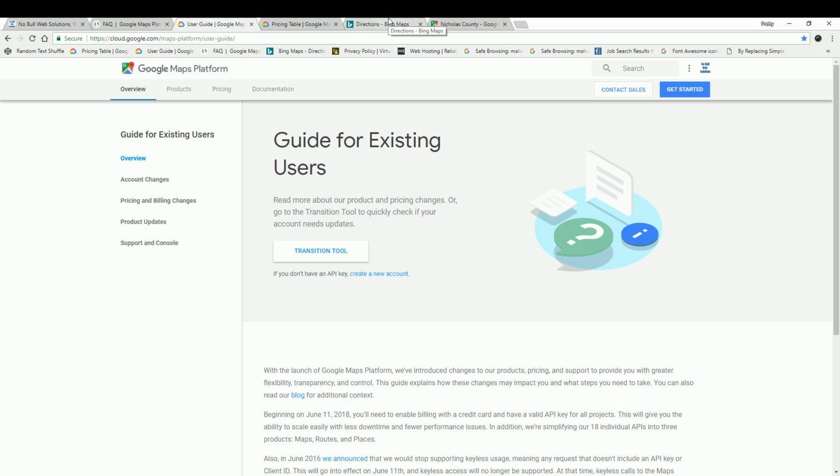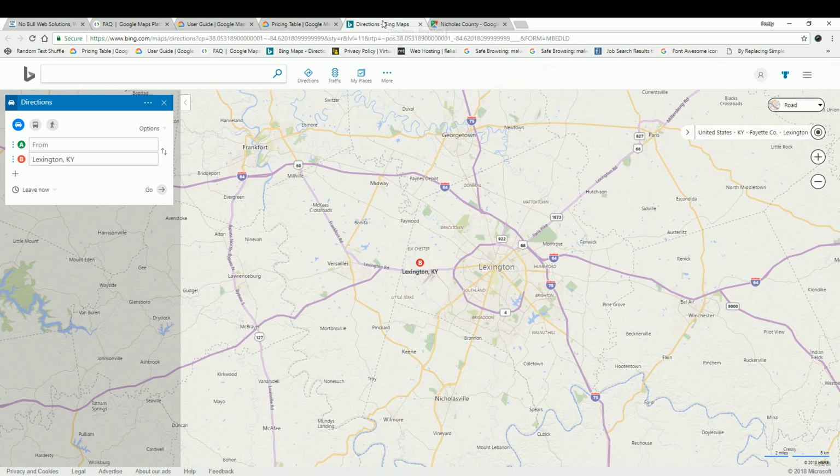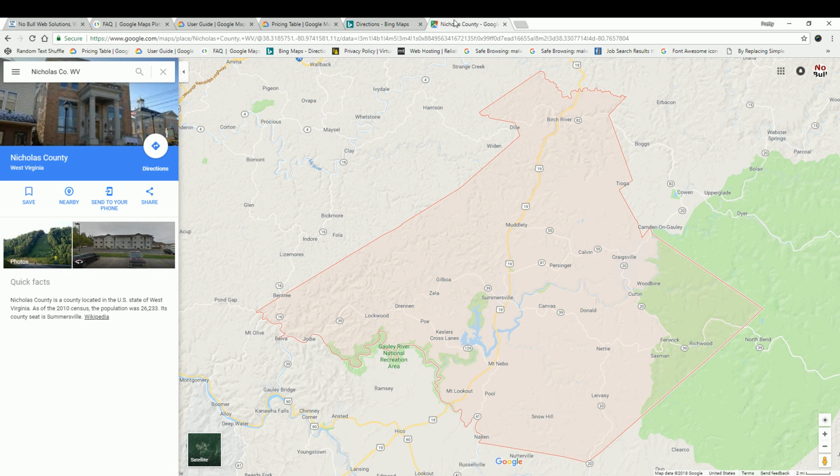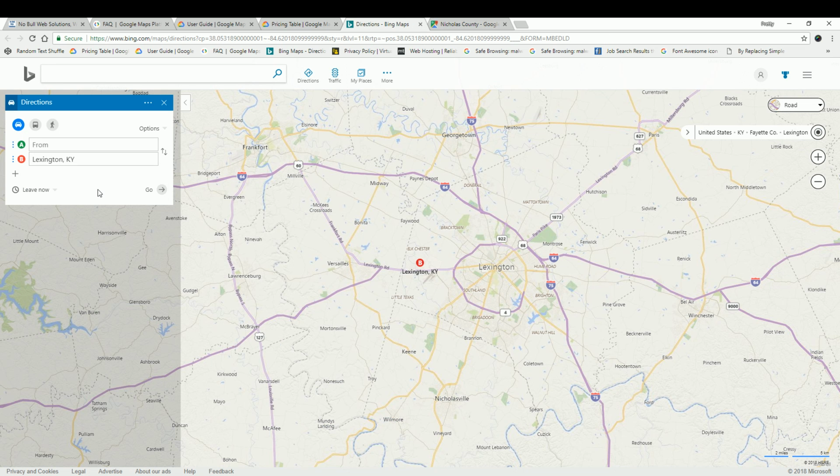Okay, so if you have a map on your site and you want to go the free route, there's two options that I'm going to be using, which is Bing and Google Maps, and I'm going to show you really quick how to embed those on your own site. So say for instance we're in Lexington, Kentucky, and you want to have this map on your site,